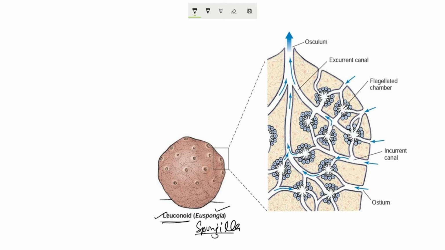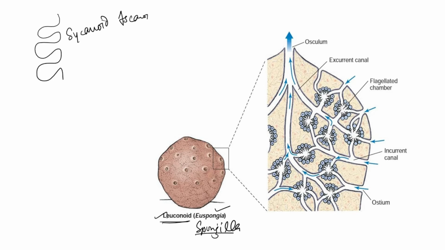What happens is the infolding and outfolding of that choanoderm that you saw in case of cycanoid canal system. This is your cycanoid type of canal system, and before this we studied Eskinoid type of canal system which was simple lining of choanocyte, and now this Leukophilic